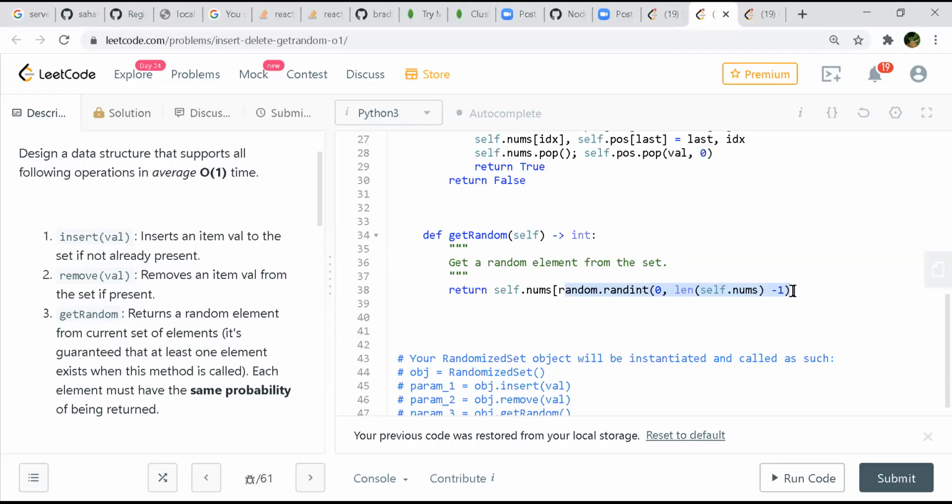Between 0 to the length of nums. That's correct. But what Harshit is saying is how it's being tested, that our probability is the same probability they are expecting. They might have an inbuilt algorithm for that. Because if you trick them here, you won't pass some of the test cases. Yeah. If I did +1, it will fail.